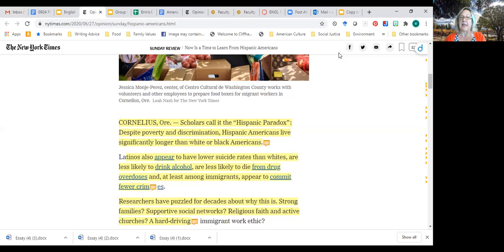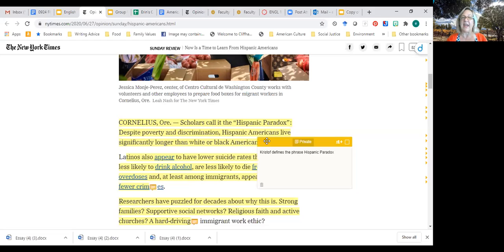And that is a claim that he's making. So that is the paradox, that Hispanic Americans live longer than white or Blacks, despite poverty and discrimination. Now, he's not saying that Hispanic Americans are better, he's just saying they live longer. And so that is a claim he's making.